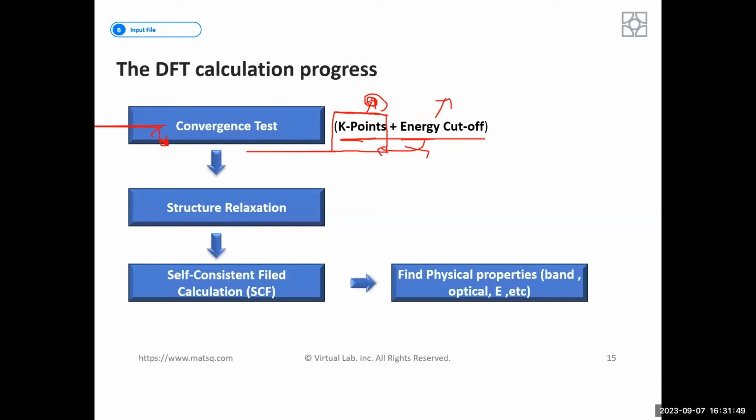Maybe if you are in physics or even material science, you would understand what the reciprocal space or Brillouin zone is. It's mainly used to numerically integrate the electronic state. Conducting a convergence test with the K point involves increasing the density of the K point grid until your properties of interest converge. Once the convergence is done, after this step is actually done, we have to do